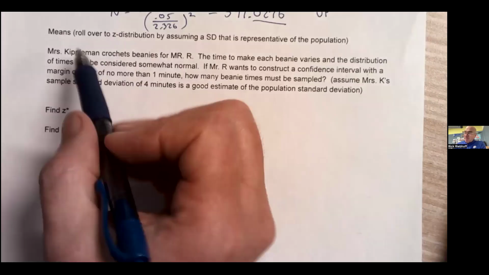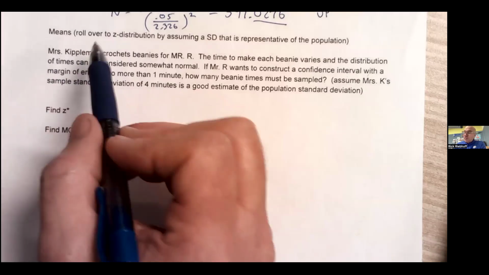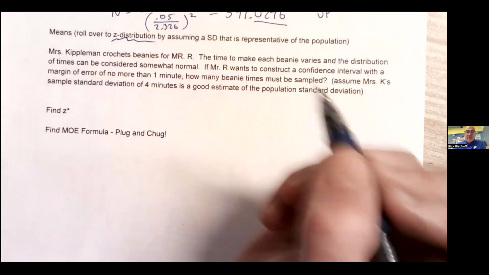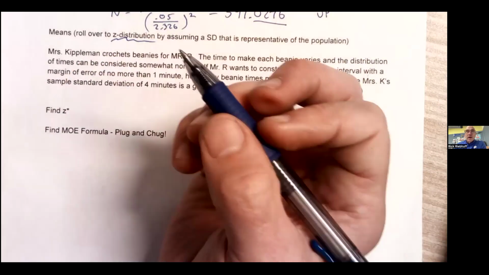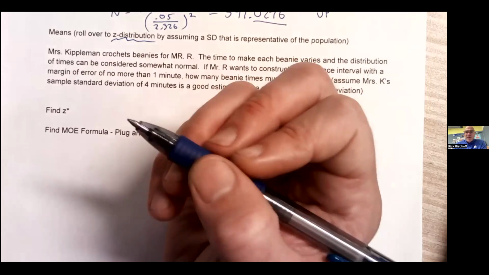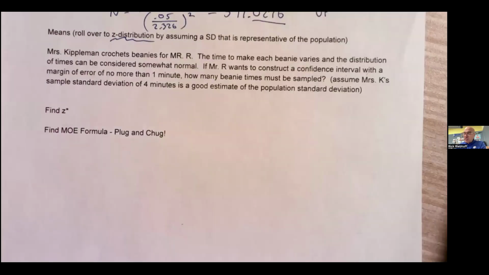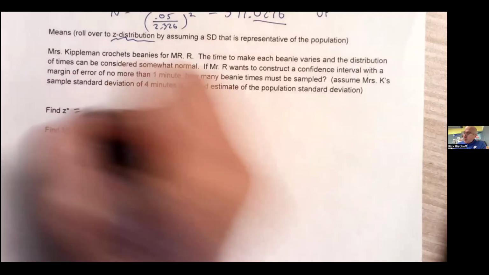All right. For means, when we do sample size, we're going to roll over to a Z distribution, because we don't know the sample size. We're trying to find that out. And if you don't know the sample size, you don't know the degrees of freedom, so you can't use the T chart. We won't know the degrees of freedom, so we're just going to estimate and use the Z distribution. For this one,